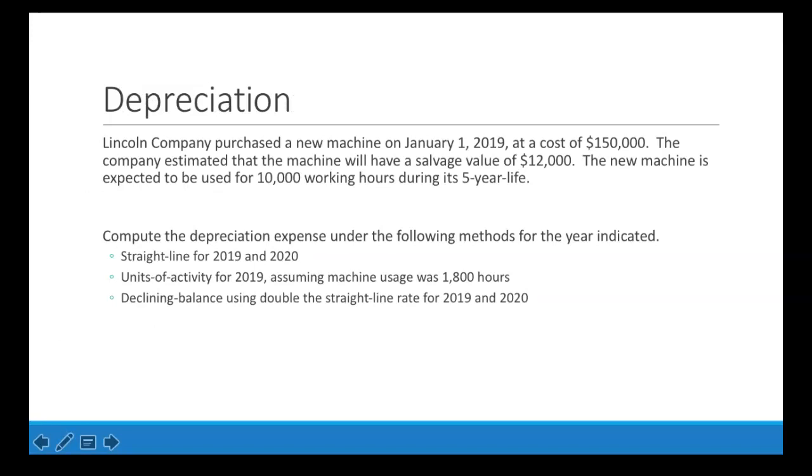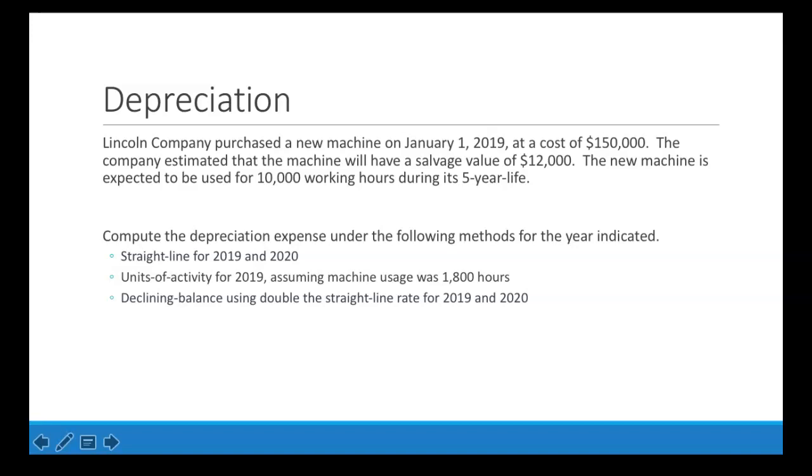All right, now let's get into the chapter 10 and 12 portion. In chapter 10, the big thing was depreciation, right? You have a plant asset, and over time, that plant asset is going to lose value. The biggest example of this would be a car. When you buy a car, it immediately loses value the second you drive it home. So any kind of long-term asset like that is going to depreciate.